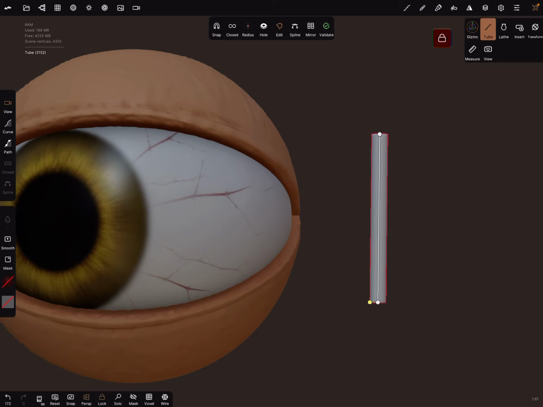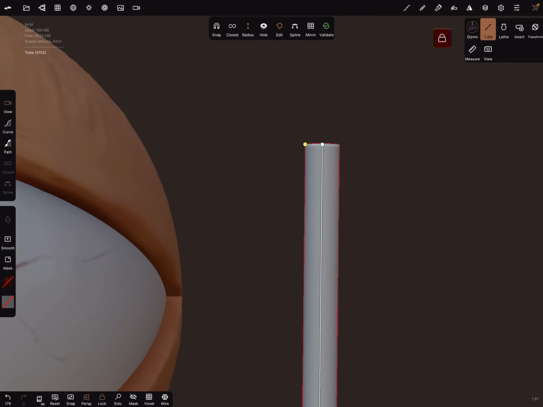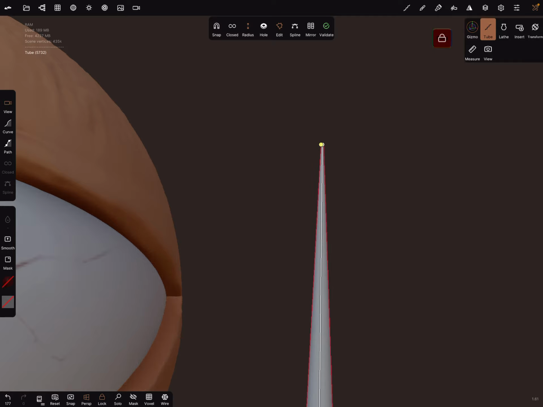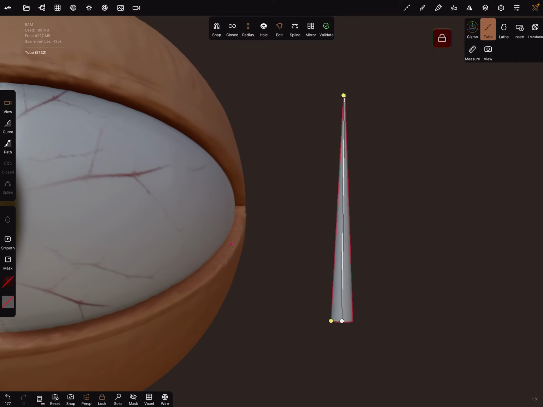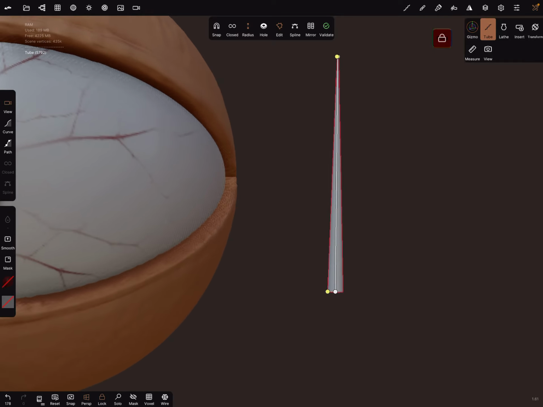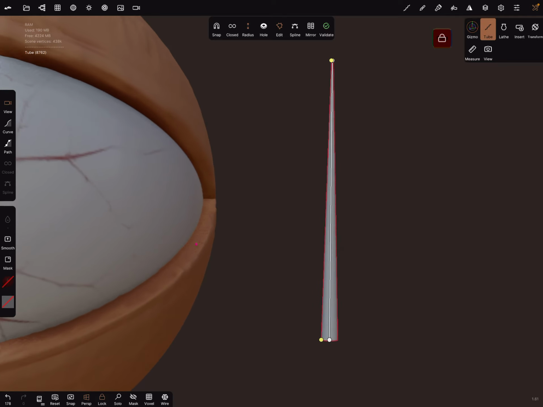Then the menu appears. Here you can turn on the radius with 2 radius points and make it really thin at the top and on the bottom like this.